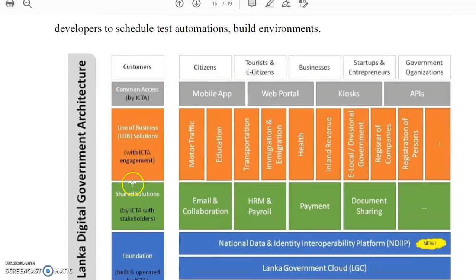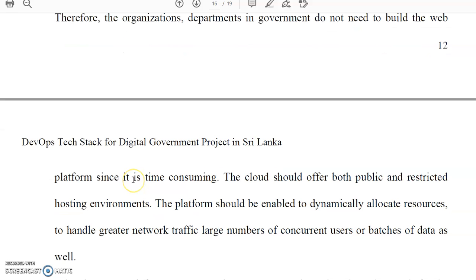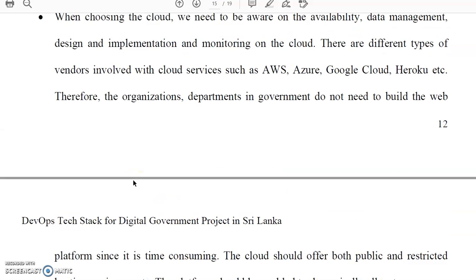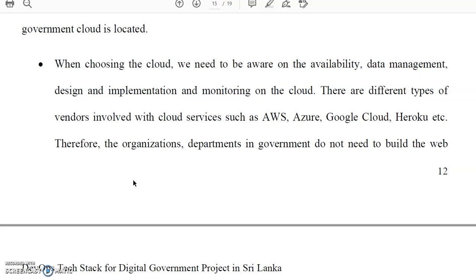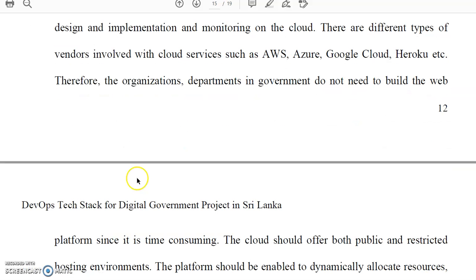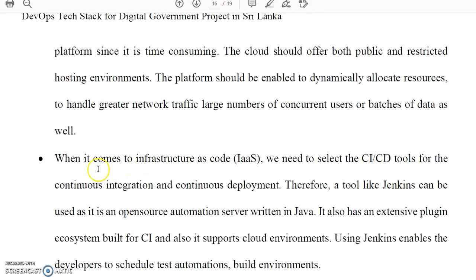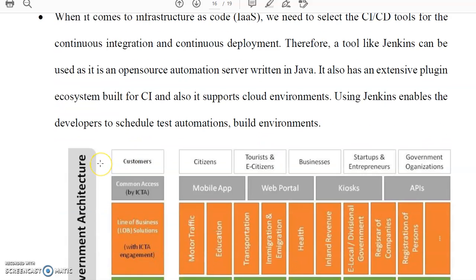So this is actually the third part of the development of implementing the tech stack. So like I said, we need to consider certain constraints when choosing the cloud and also the hosting platforms. So when it comes to infrastructure as a service, we need to select the CI/CD tools for the continuous